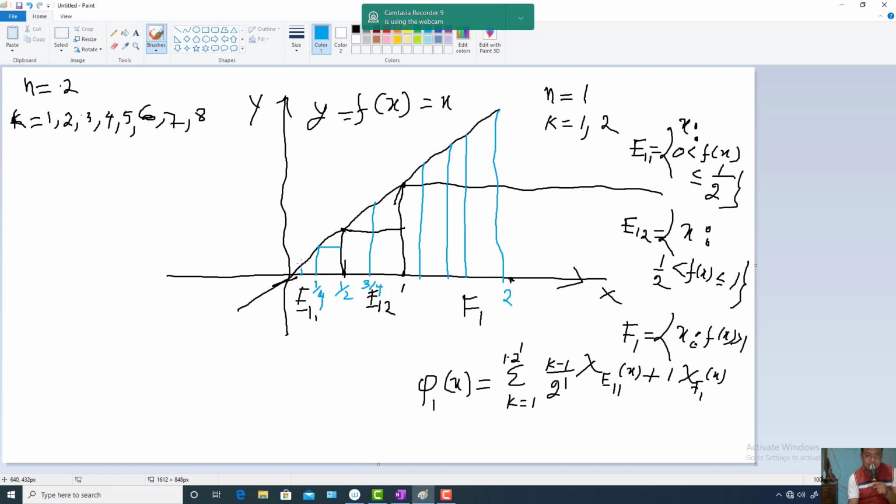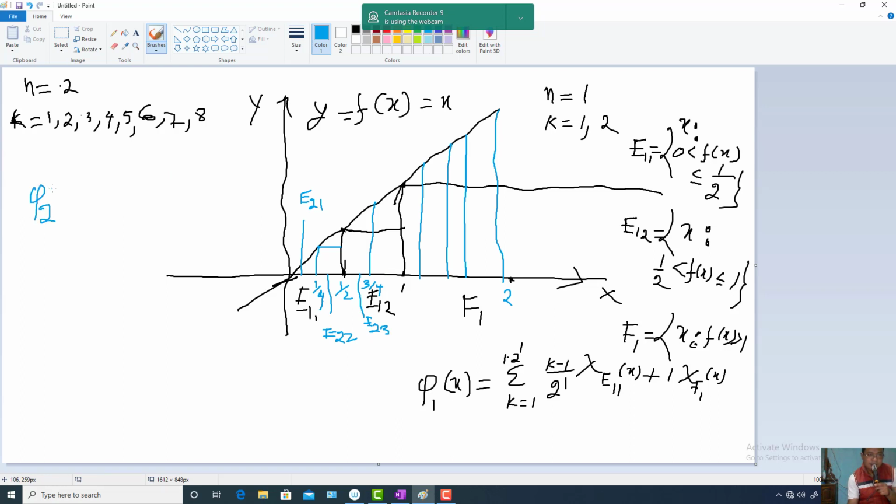In this part, this will be e21. And this part, 1 by 4 up to half, this will be e22, and this part will be e23. It goes on like this. So this is just the refinement of the earlier domain. Then you define